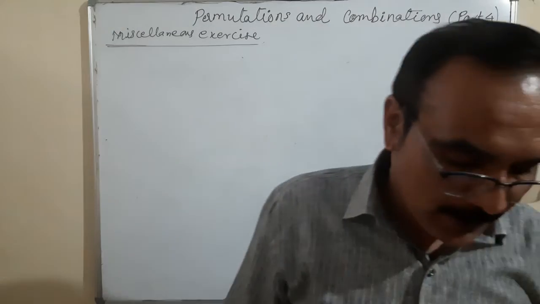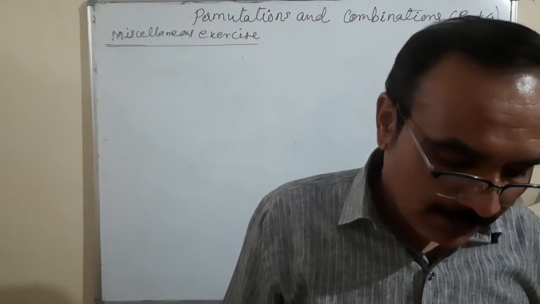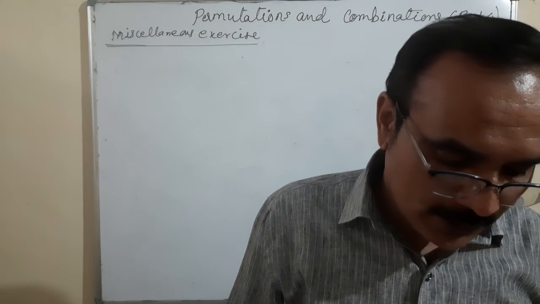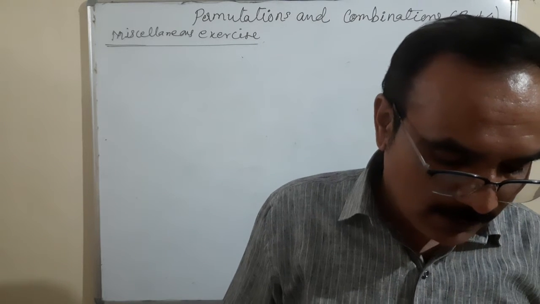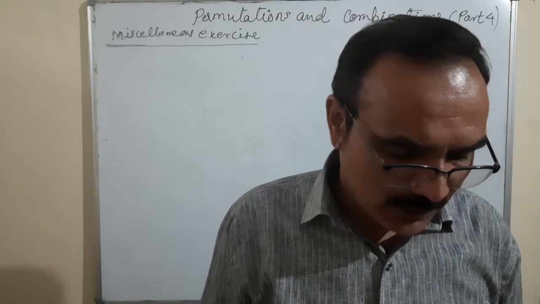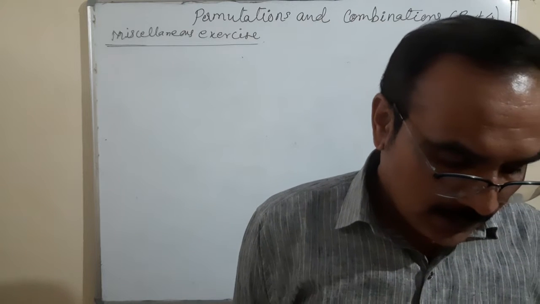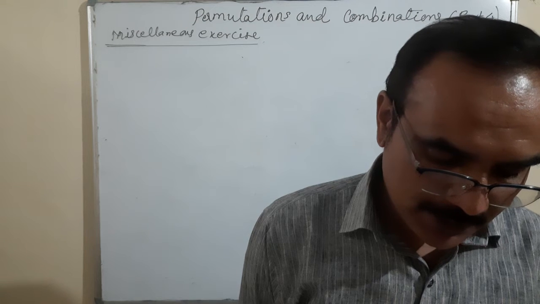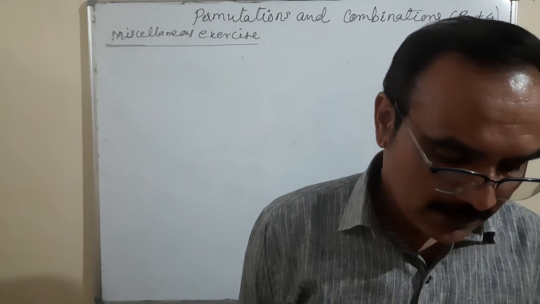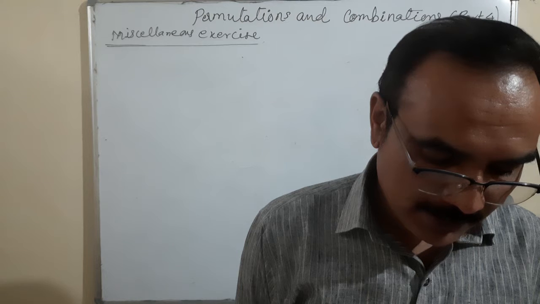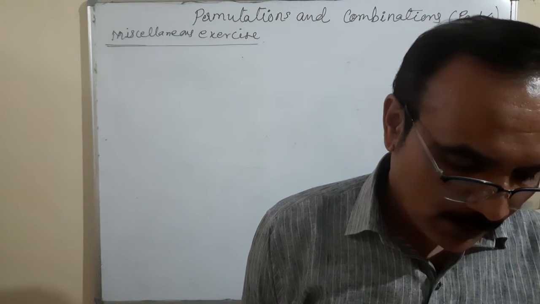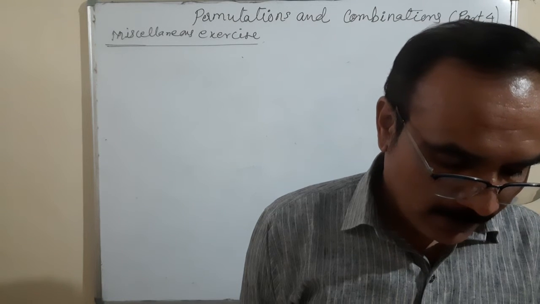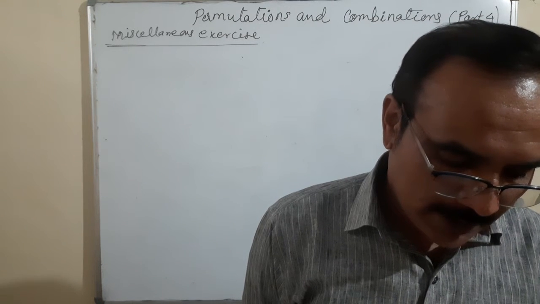Next question is number 6. English alphabet has 5 vowels, 21 consonants. How many words with 2 different vowels and 2 different consonants can be formed from the alphabets? Okay, this can be solved. We have solved this type of questions. Question number 7. In an examination, the question paper consists of 12 questions divided into 2 parts, part 1 and part 2, containing 5 and 7 questions respectively. A student is required to attempt 8 questions in all, selecting at least 3 from each part. In how many ways can a student select the questions?